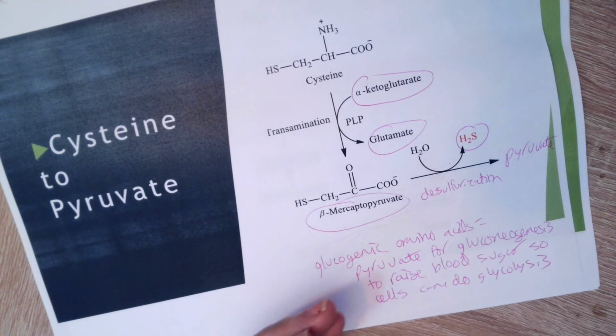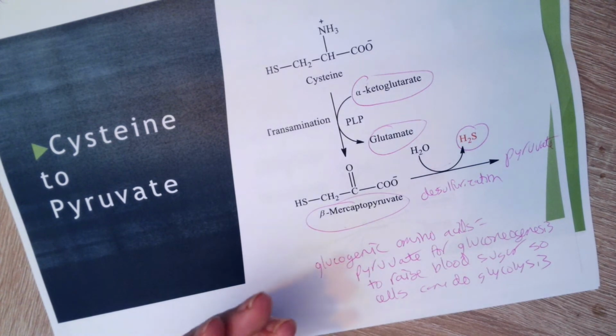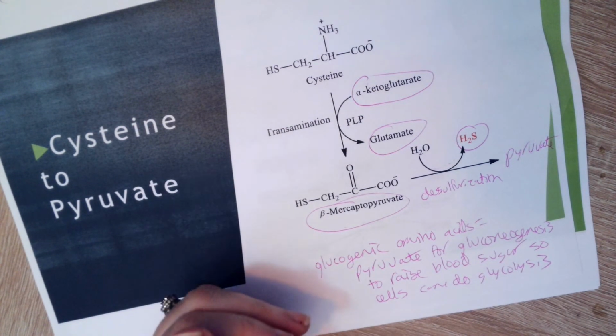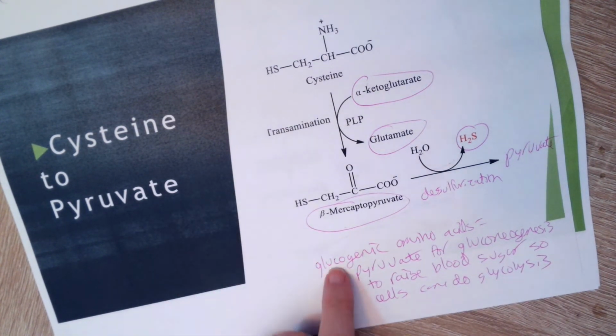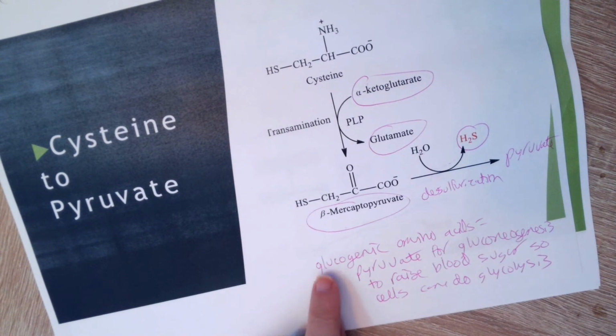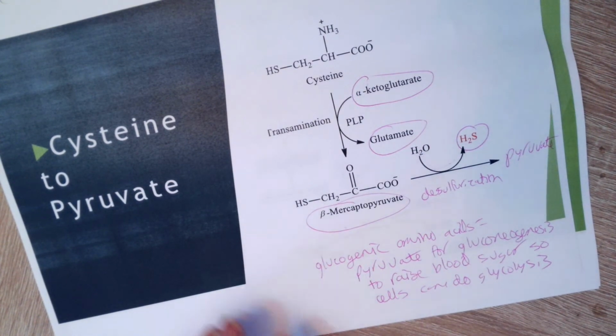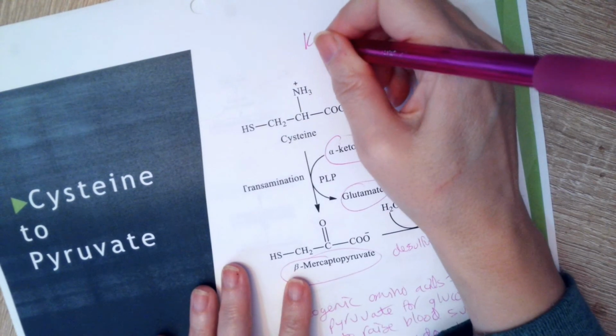You're also starting to break down your proteins, especially in skeletal muscle, and you're doing the same thing. You're getting ketones out of both the beta oxidation and from breaking down certain proteins. And then from these other types of proteins, a glucogenic amino acid, you're getting pyruvate, so you can do gluconeogenesis. So you're still running the Krebs cycle from